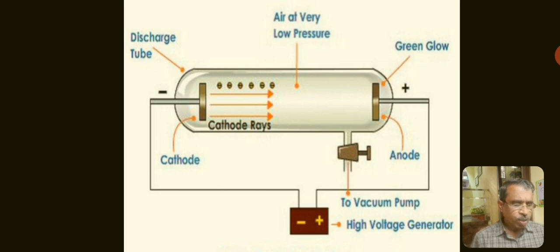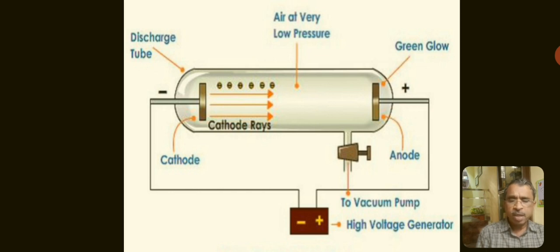The discharge tube consists of two electrodes connected to the negative terminal of the battery, called the cathode, and the positive terminal of the battery, called the anode. A high voltage of around 10,000 volts is applied between the electrodes. The current starts flowing through the gas at a very low pressure, of the order of 0.01 mm of Hg. The rays coming from the cathode